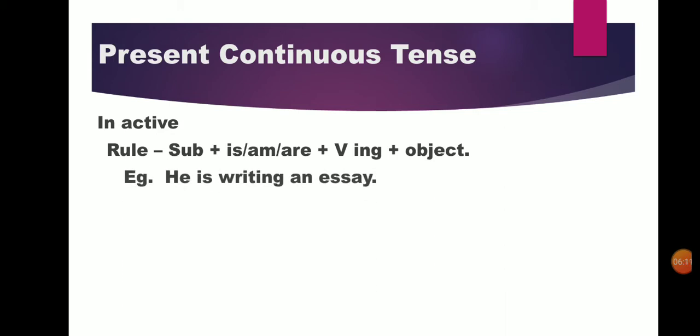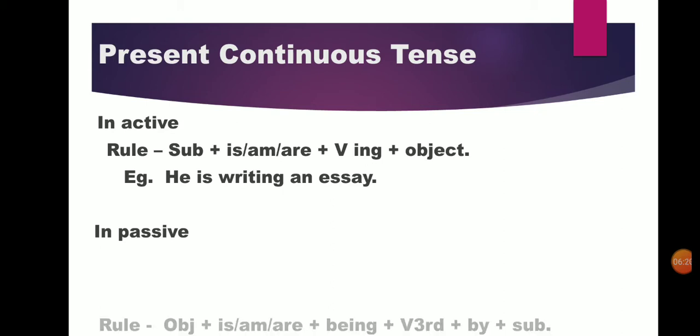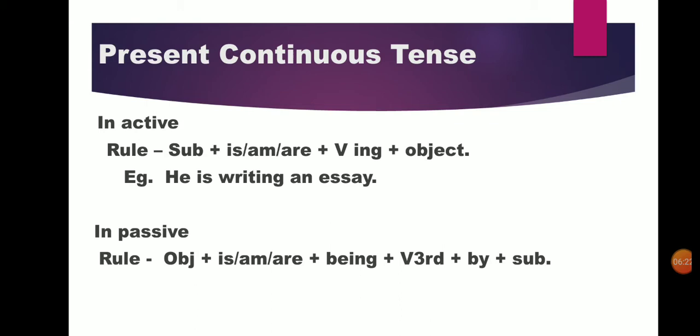Example: he is writing an essay. And when we change this rule or example into passive voice, the rule will become: first of all we will write the object of active voice, then according to the object, is, am, are. With is, am, are we use being,